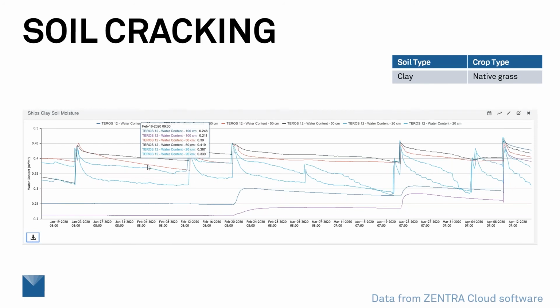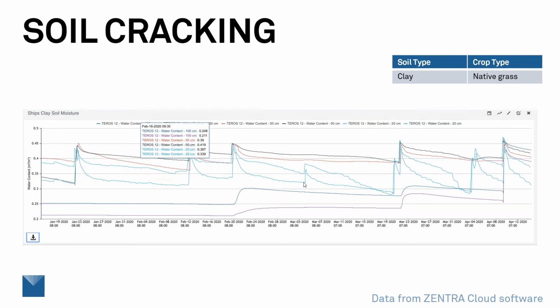And so these sensors, if you notice way back here, they start at about the same water content every time we get a wetting event from precipitation. But what happens after we wet is that one sensor has a trajectory that looks about like what I expect, but the other drops off very quickly, more like it was in a sand, and then flattens out over time. And the question that we started asking ourselves is, what's going on? This behavior is quite uncommon to see in a clay.